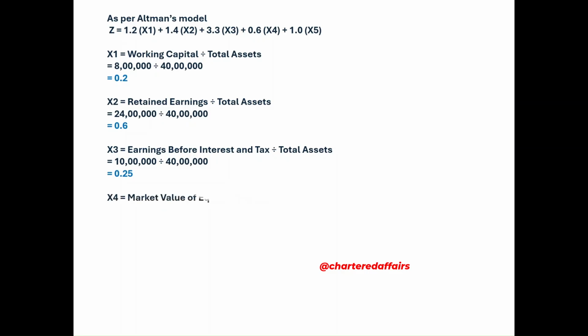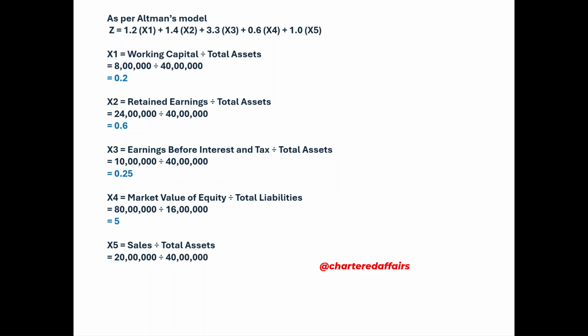X4 is equal to value of equity divided by liabilities, that is 80 lakh divided by 16 lakh, that is 5. Next, X5 is equal to sales divided by total assets, that is 20 lakhs divided by 40 lakh, that is 0.5. Now we will put all the X1, X2, X3, X4, X5 values in the formula of Z,